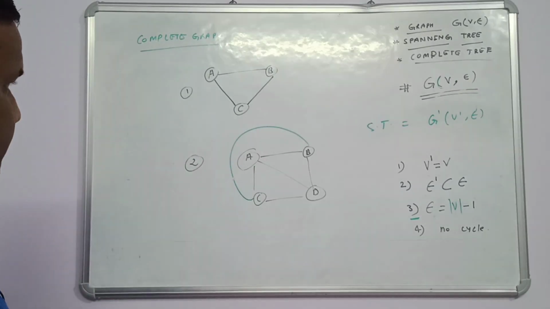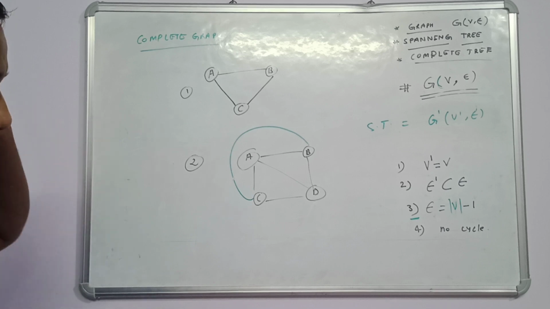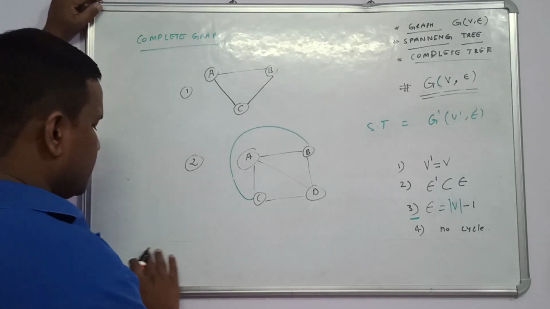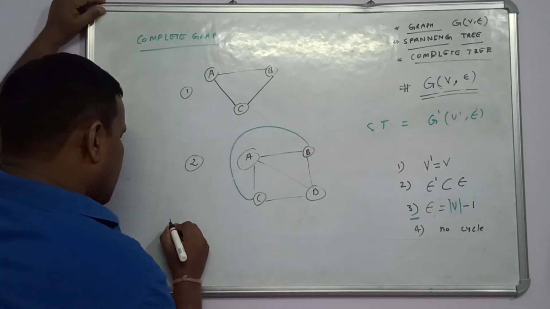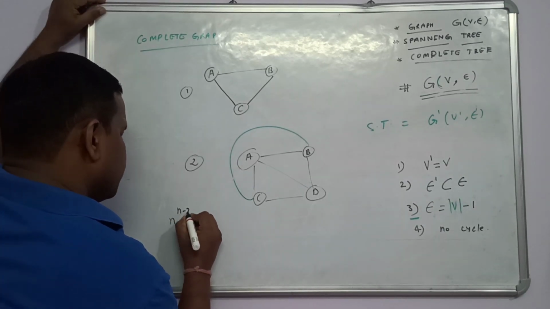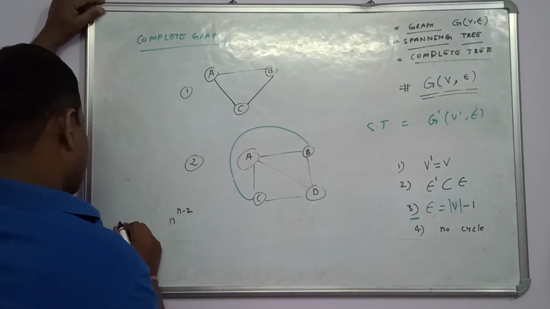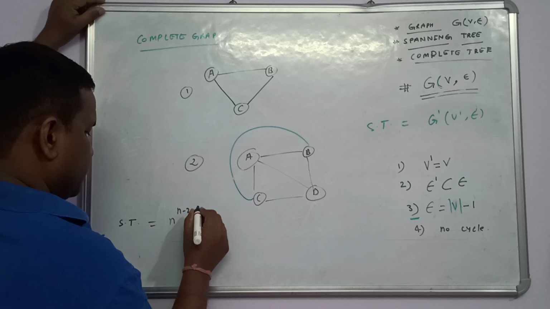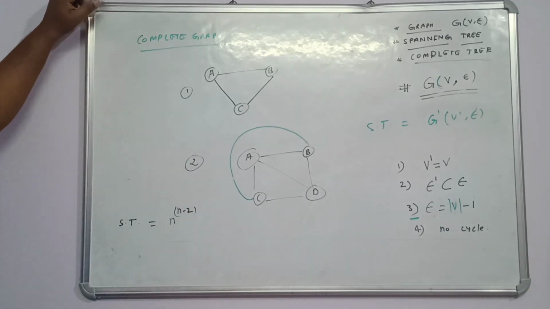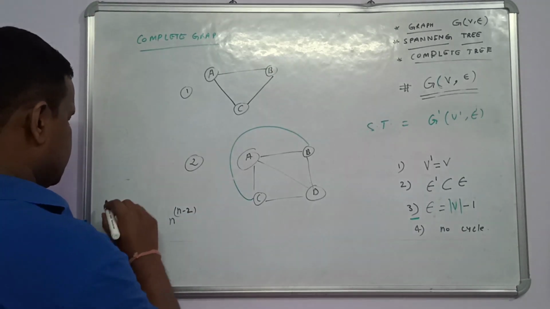Okay, complete graph. Now I will tell you some important aspect. Okay, how many spanning trees can there be in the complete graph? The number of spanning trees in the complete graph can be equal to